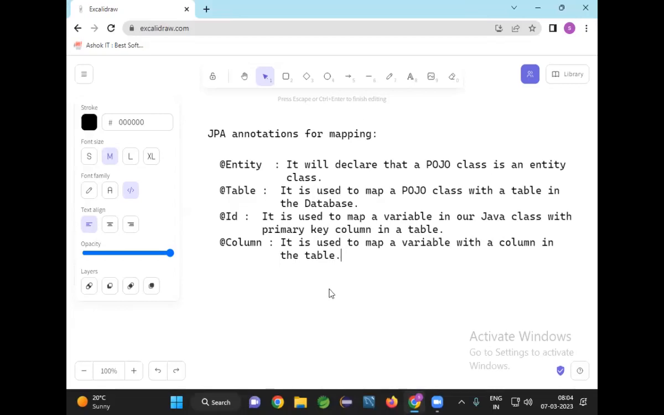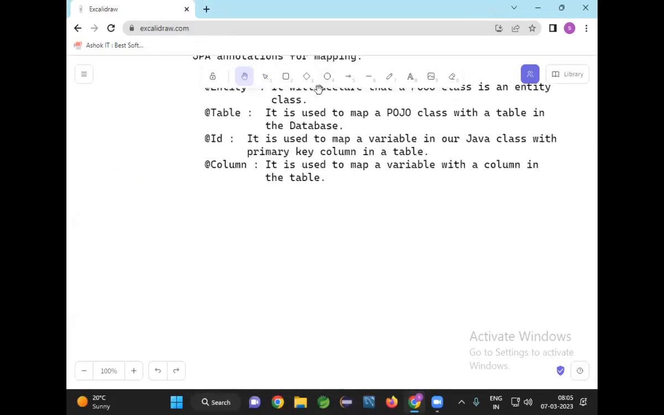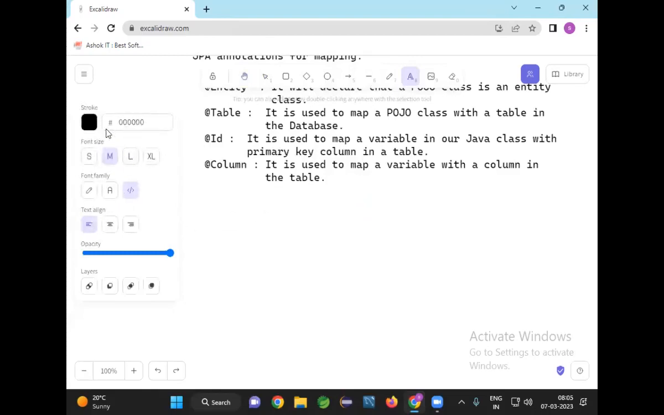Okay, I will explain how to do this. Let's go ahead. See here, I'm writing an example. For an example, I'm writing a Java class like this. For example, I have a class called